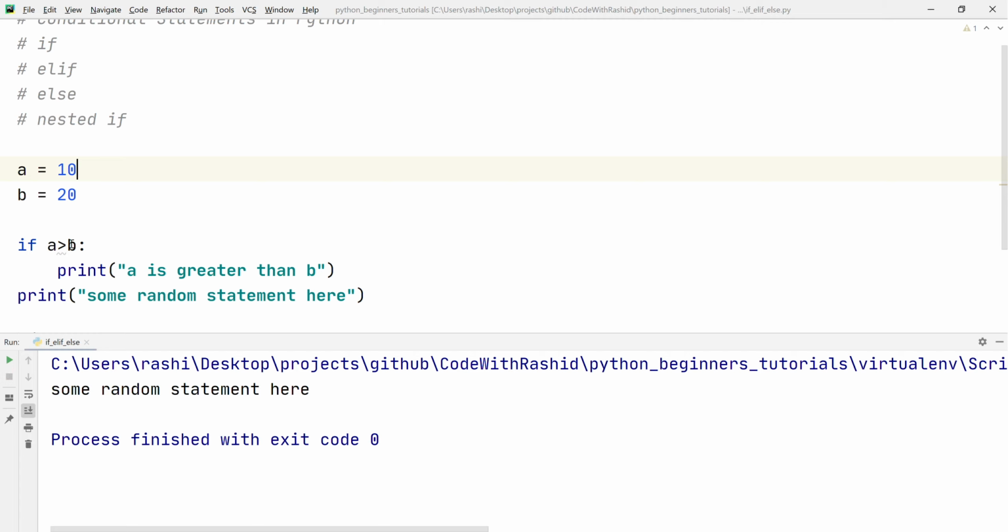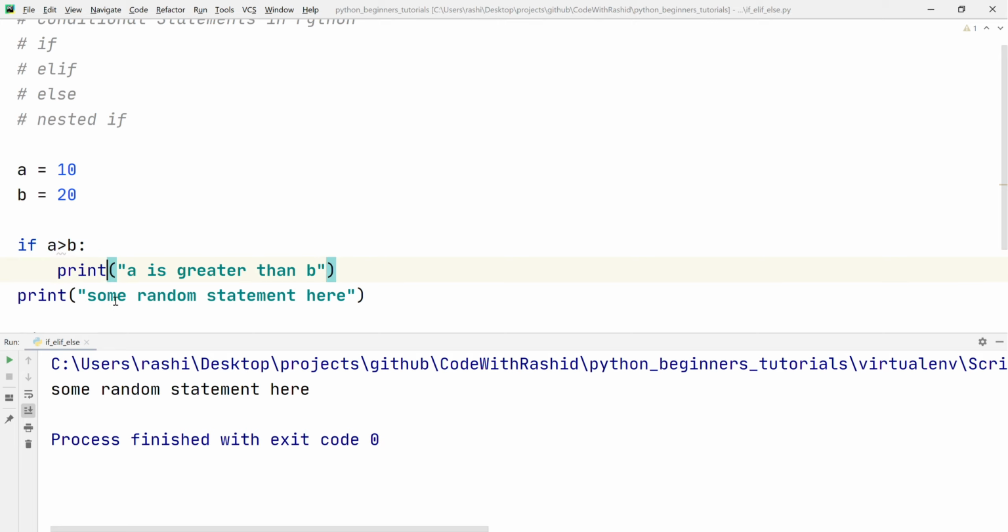So how does Python decide which line of code to execute? How does Python decide which print statement belongs to this if statement block? For that we use indentation in Python. Indentation is like the spacing in Python. If we want to decide which statements belong to this condition, we can use indentation.